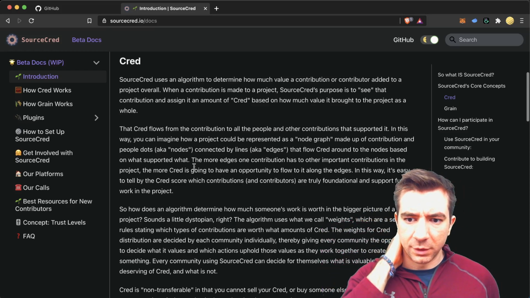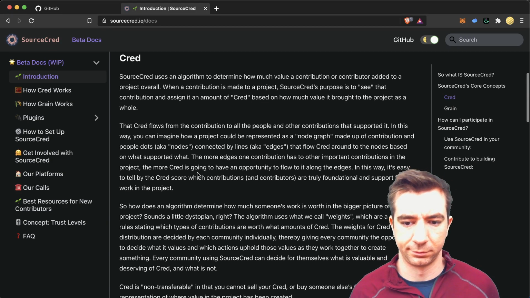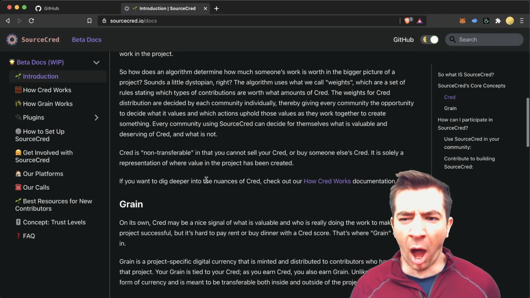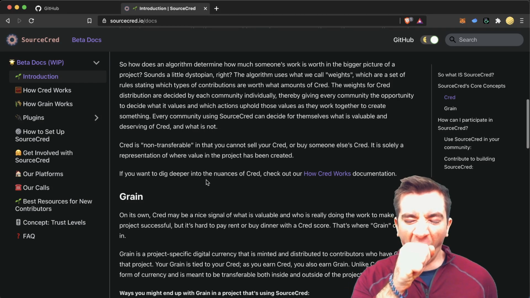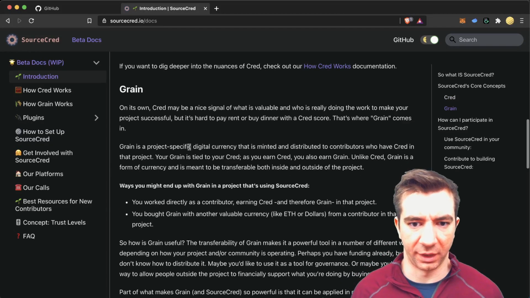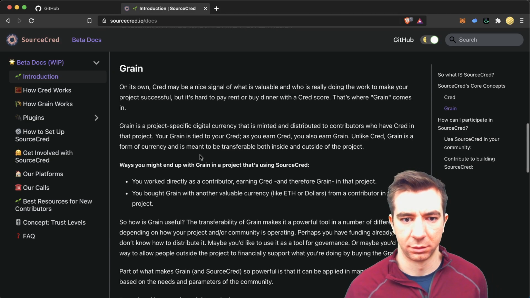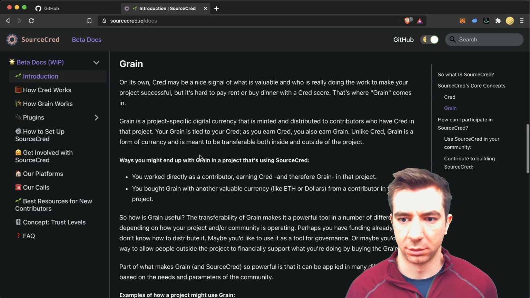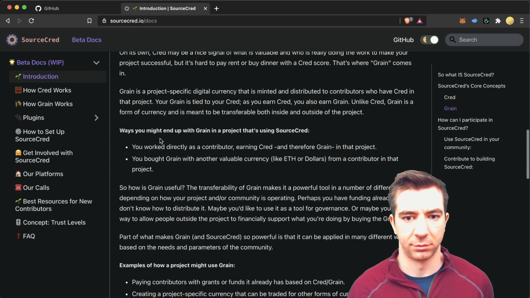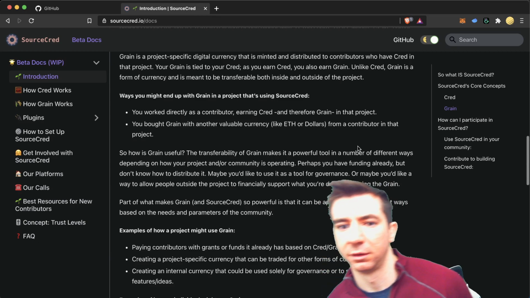What was the contribution of all the people? Cred is non-transferable. Grain is distributed to contributors who have Cred in that project. Your Grain is tied to your Cred. So they do it like